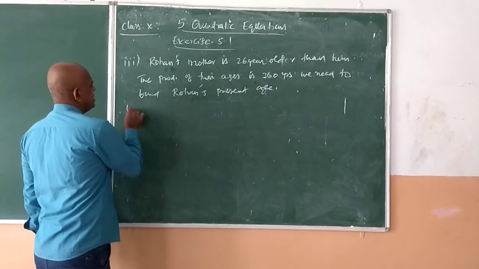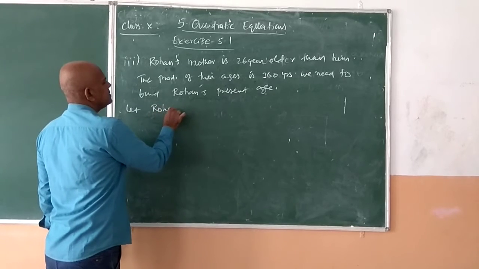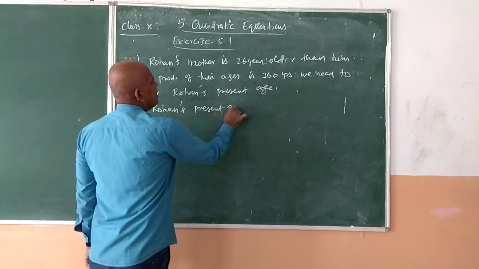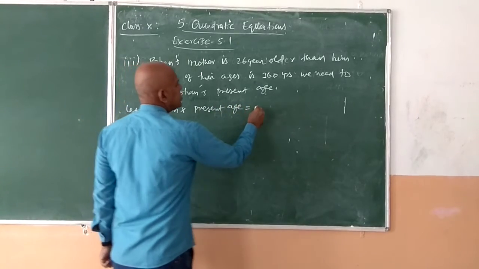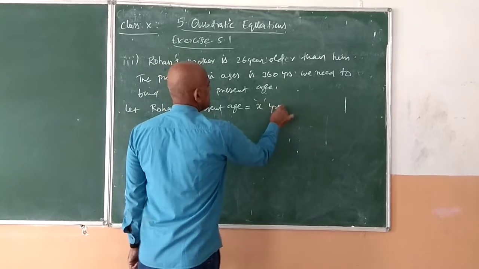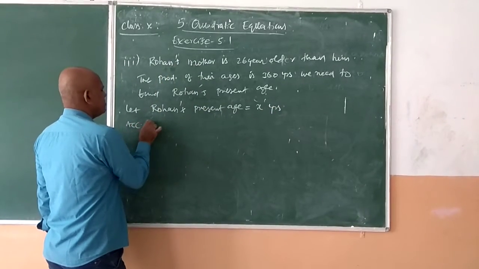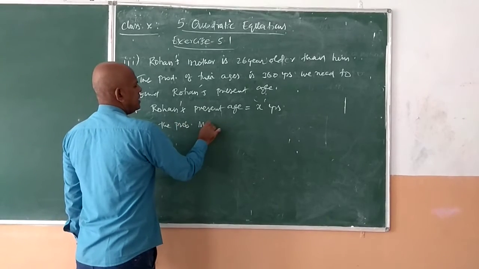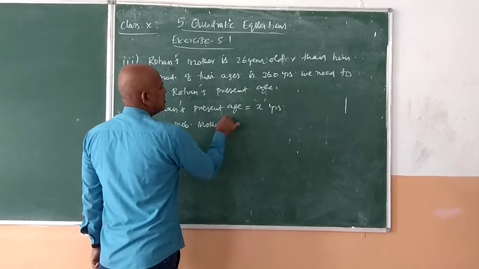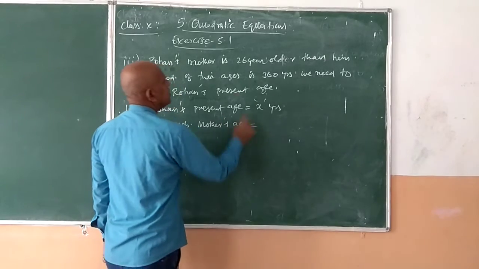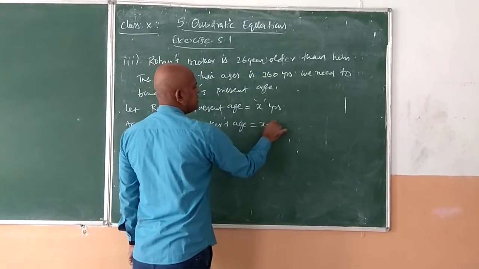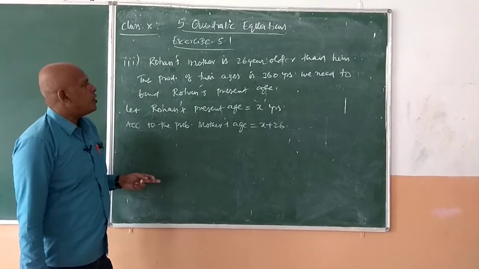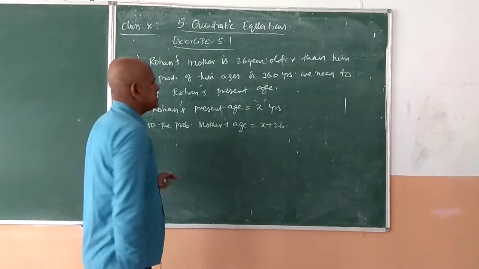So let Rohan's present age be equal to x years. According to the problem, mother's age is equal to 26 years older than him, means x plus 26. So now the product of their ages is equal to...